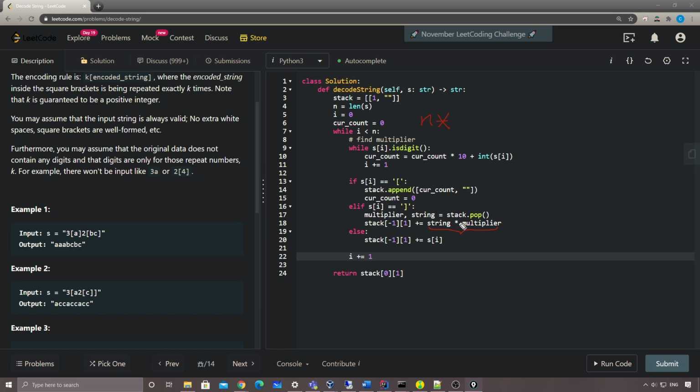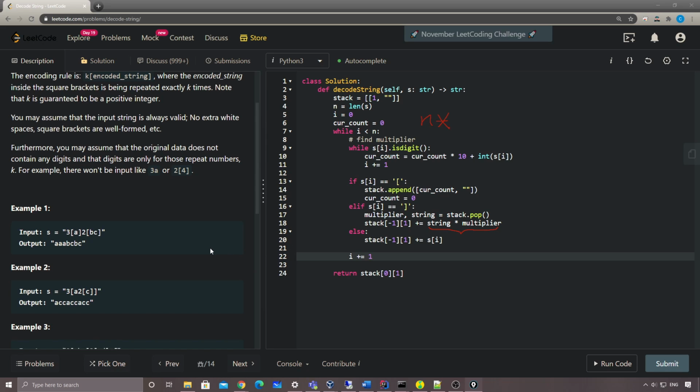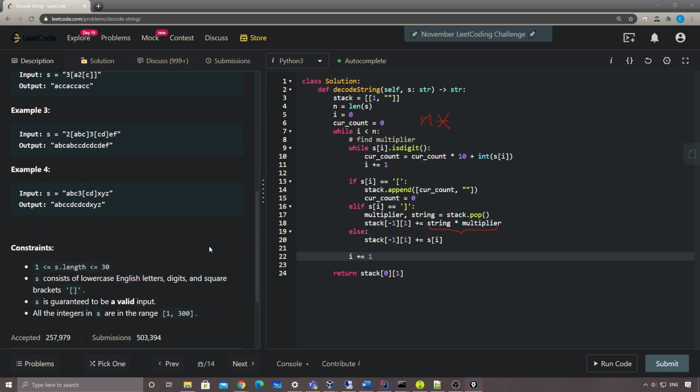Basically, this is the concatenation. All integers in s are in the range of 1 to 300, so I think the biggest we have is 300. So it's going to be 300